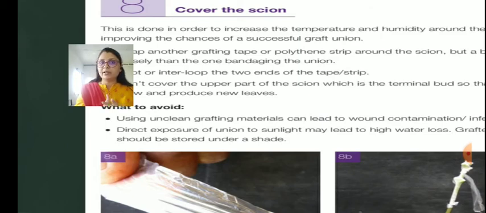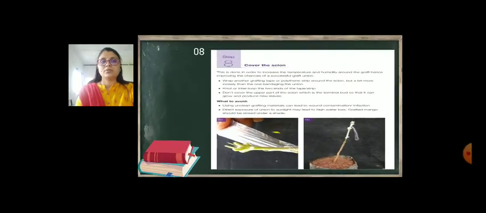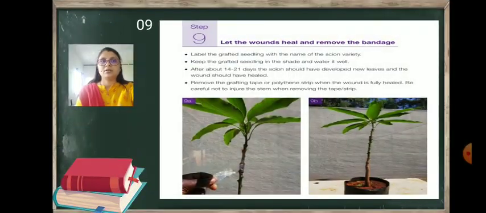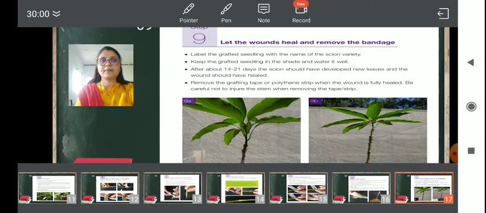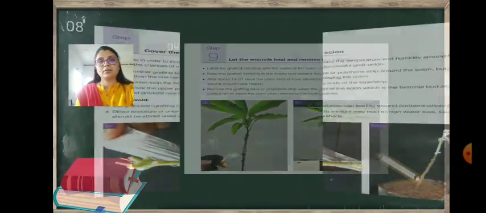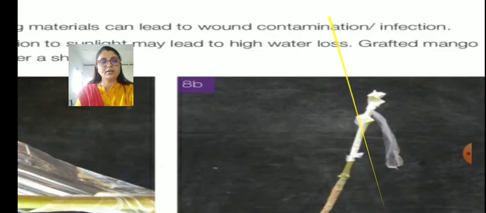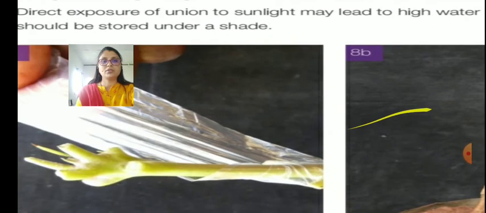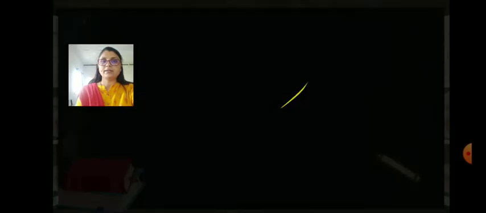So that there will be more success of that particular graft union. So that is the thing as shown in this picture. Look at this, how they. You should cover like this. Okay. Then